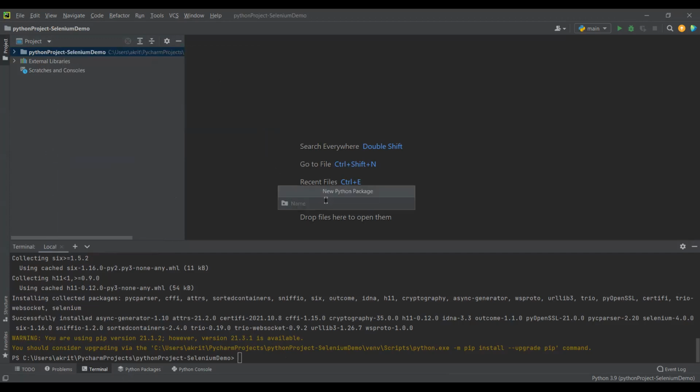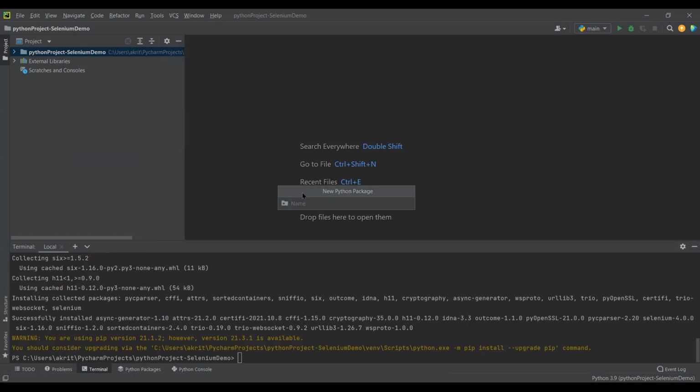It is important to create a package, because if you go on creating scripts in an unmanaged way, it will be difficult for us to reuse these scripts. It's better to create a package so that it is easier for us to import it into another script.